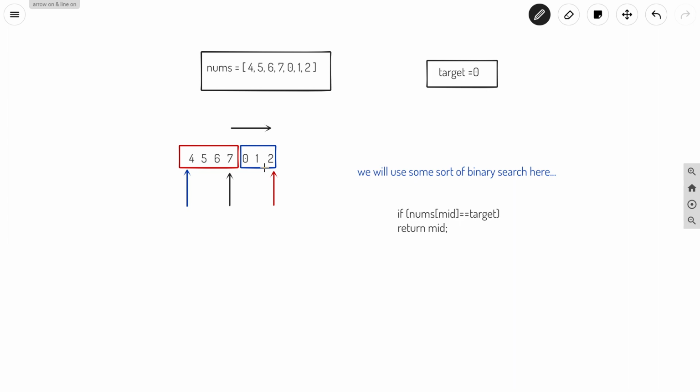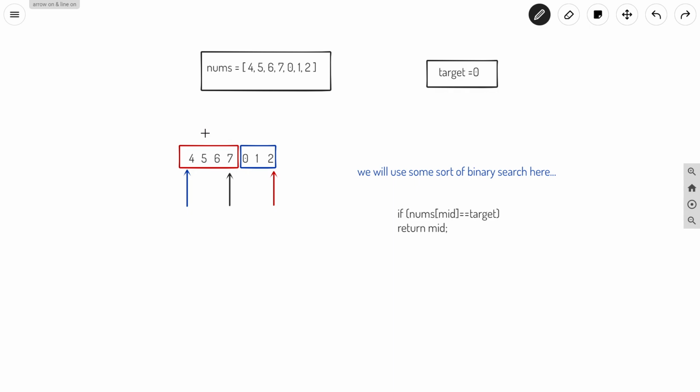Okay, and let us say our target is 5. If our target is 5, you can see that 5 is greater than nums of L. Initially L was this part, 4, and target is greater than nums of L, and it is smaller than our mid also.